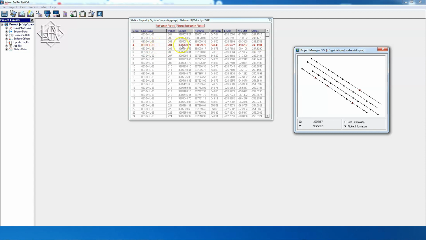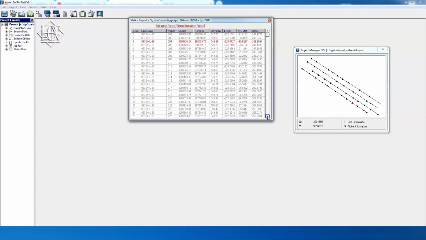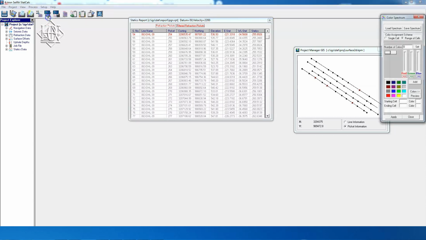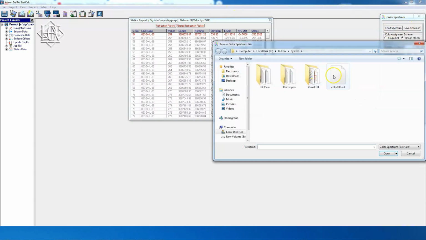This red record indicates that this is a refraction point because these are the pickets that have been used in the interpolation. On the map we can see some of the pickets have been crossed, which indicates that these have been filtered as their velocity values were beyond the tolerance limits. So the statics report has been saved as a text file which can be used in the processing center for application of field statics. Now from the setup we can also load a color spectrum,